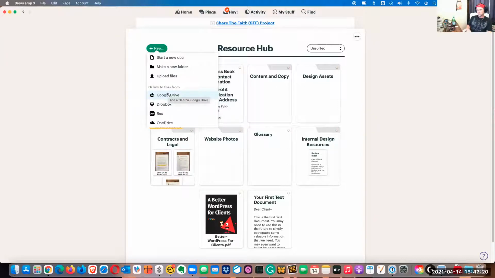Do you have both Google Drive and Dropbox, right? In, is that Resource Hub? Is that part of Basecamp? It's part of Basecamp, but my point with that is that